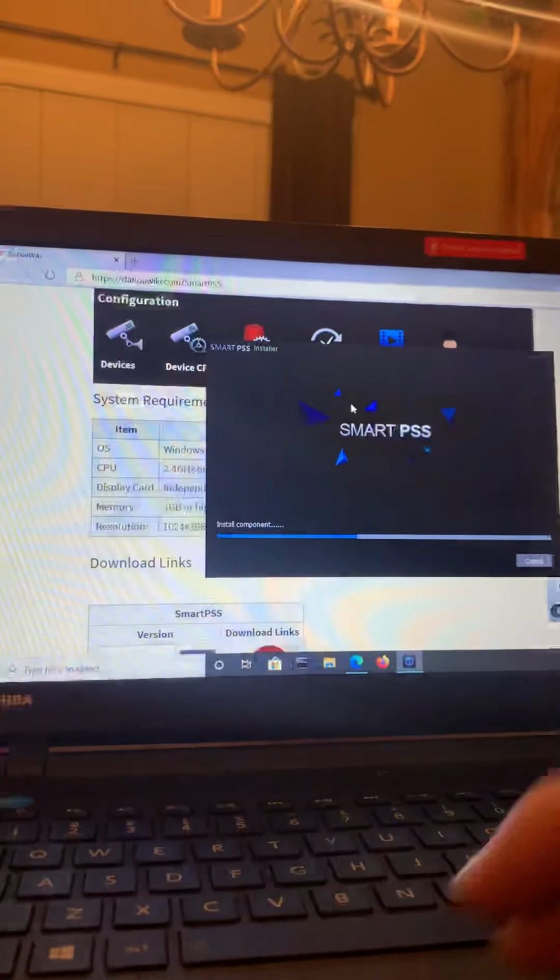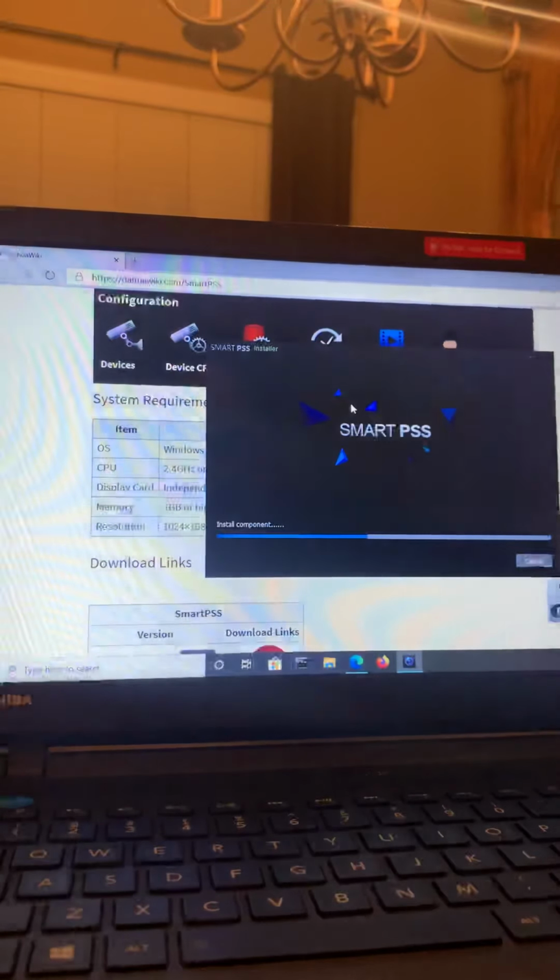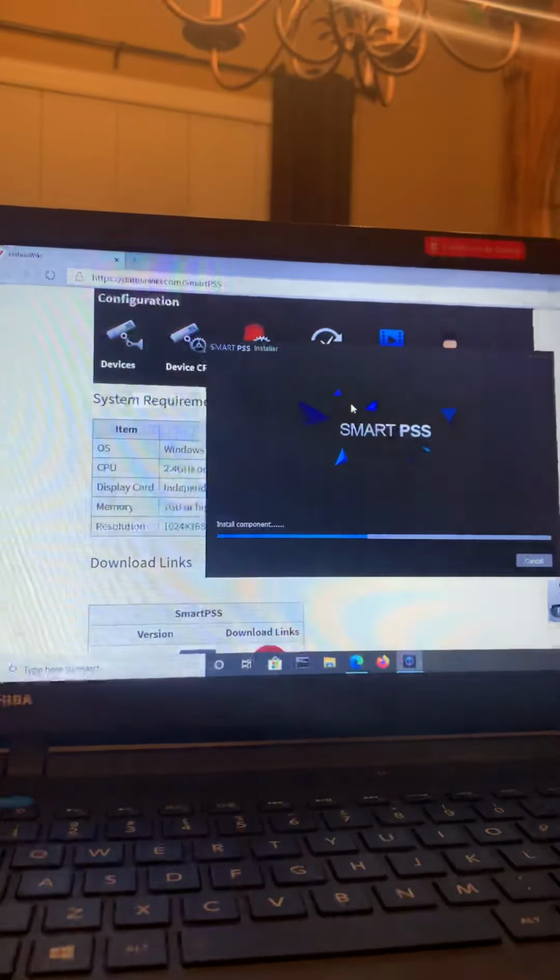Installing components. Again, this is just waiting for the computer to install the program, and we should be able to add the DVR or NVR or individual cameras to the system. This is a great way to